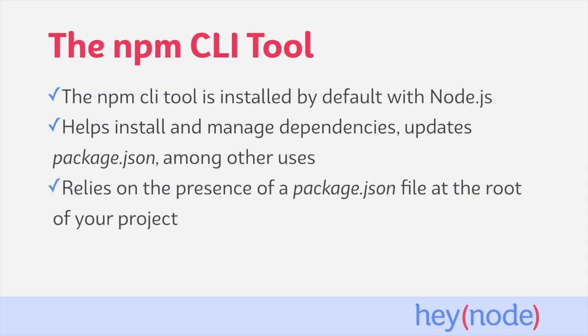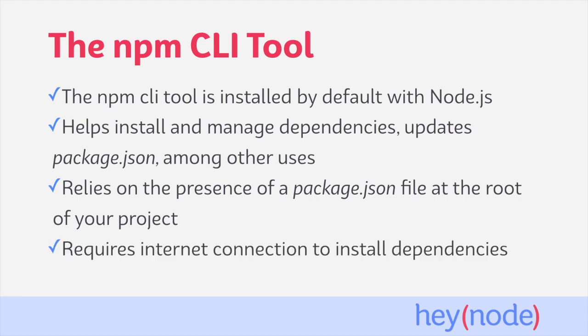Before you can begin installing dependencies for your project, your application needs to have a package.json file already. The npm CLI reads your package.json to inform it how to start your project, which dependencies to install, and much more. Keep in mind that the npm registry is hosted online, so the npm CLI requires an internet connection to install packages. Without an internet connection, you can't add new dependencies from npm, but otherwise the CLI works fine offline.